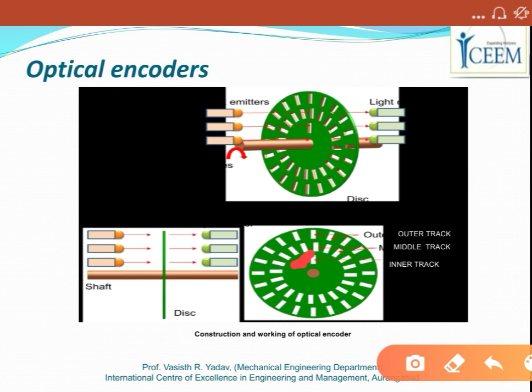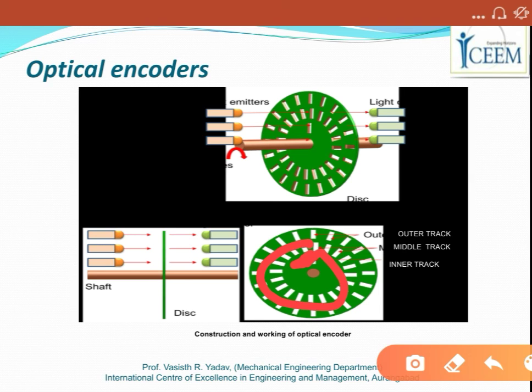The holes on the middle track are offset from the holes of the outer track by 1/2 of the width of the hole. This arrangement allows the direction of rotation to be determined. Now when the disc rotates in clockwise direction, the pulses in the outer track lead those in the inner, and in counterclockwise direction they lag behind, right? So this type of arrangement produces this working, and the resolution can be determined by the number of holes on the disc.